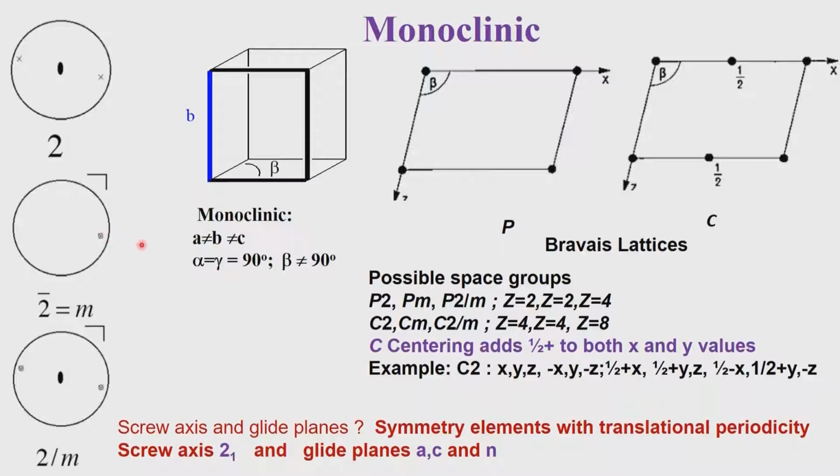In this case considering B as the unique axis, the equivalent points are x, y, z and x, y bar, z. It also amounts to an operation of a twofold symmetry followed by an inversion center. That is exactly what we have done here. We have taken the twofold symmetry and then we have operated the center of symmetry on that one. So, suppose you take an object here which is x, you operate the twofold, you will go over there and then you invert it, then you come back here, and that is how we have an overlap of x and